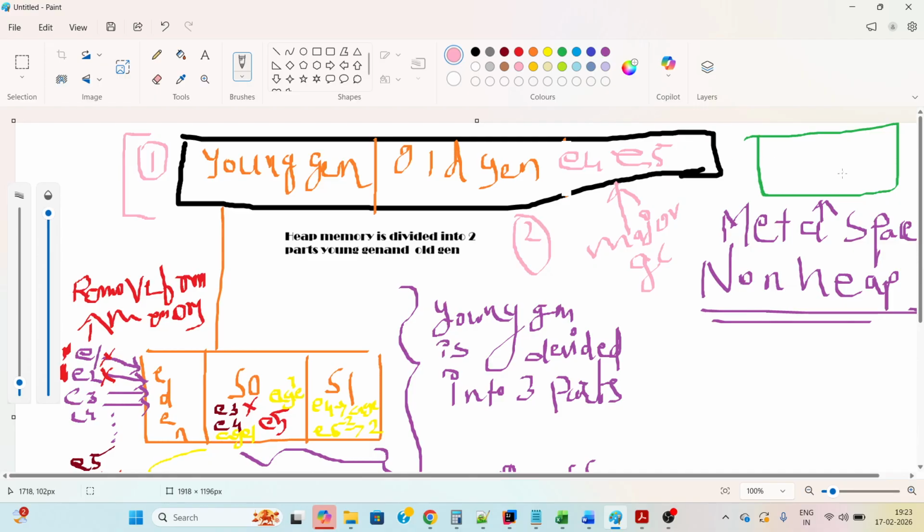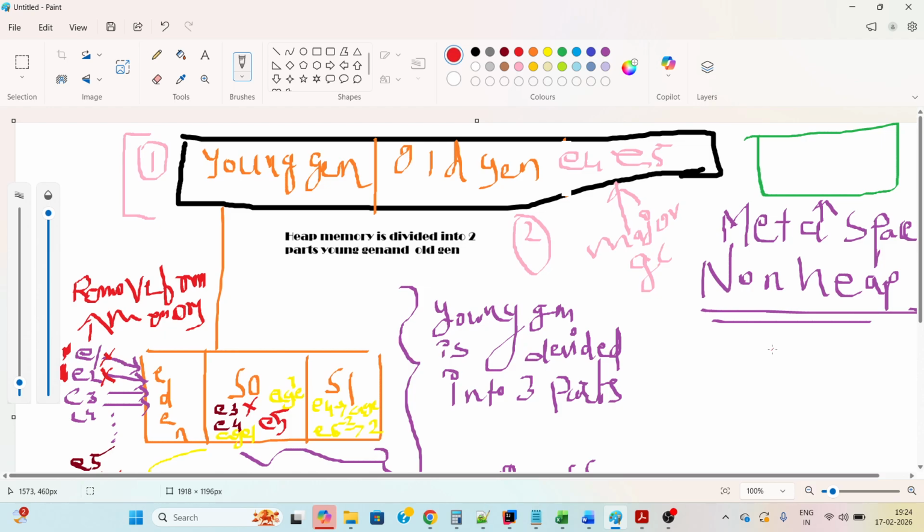And this is called metaspace, and it is outside of the heap memory. Before Java 8, this metaspace was called permgen space, and it was part of your heap area. But now this metaspace is separated in Java 8, and this metaspace will contain the metadata about your class.